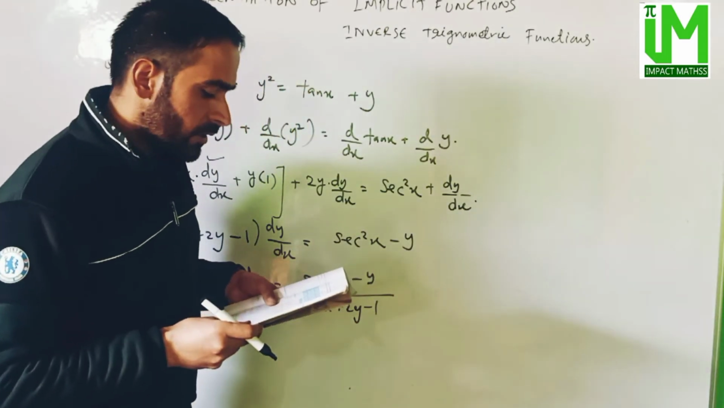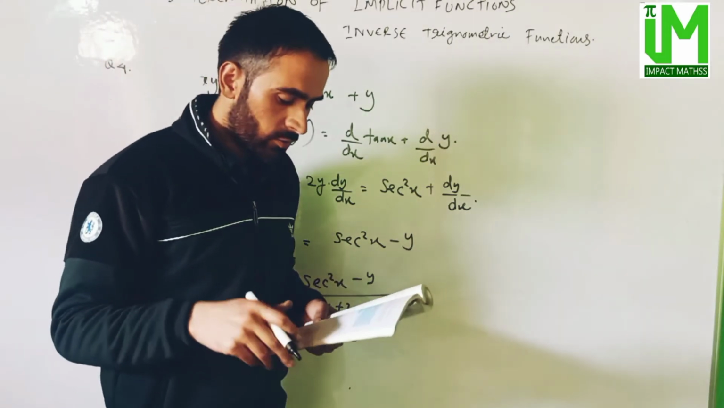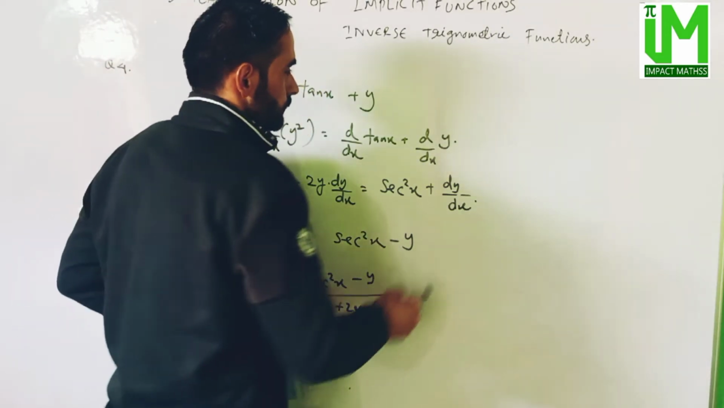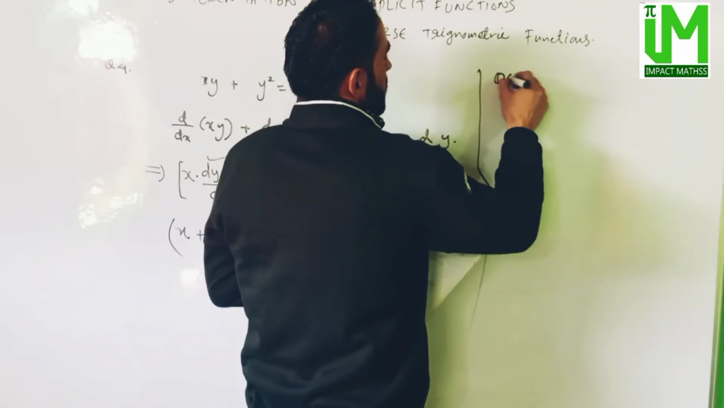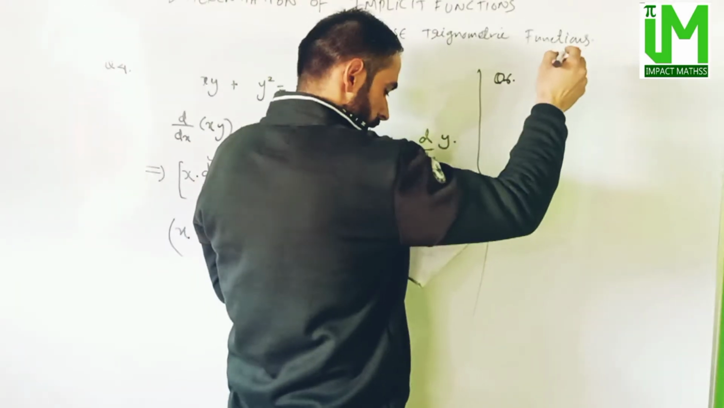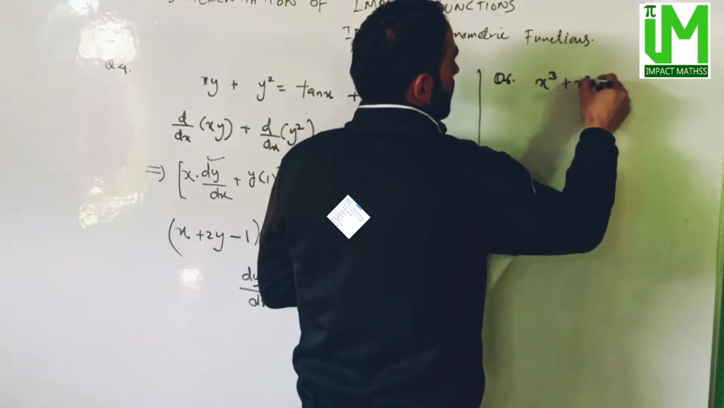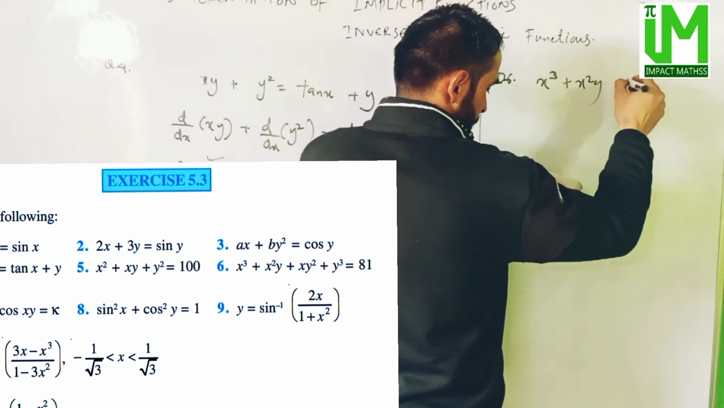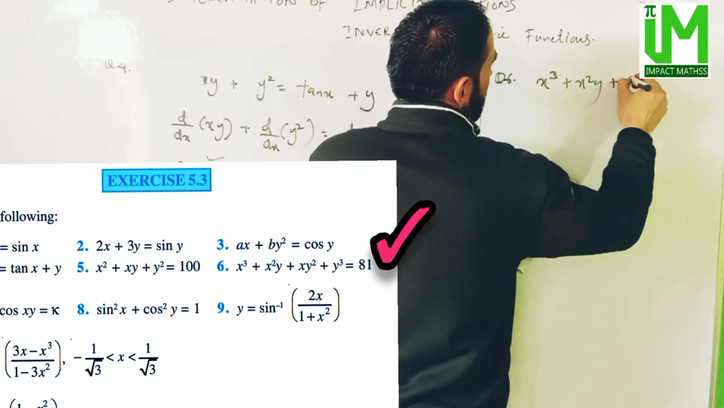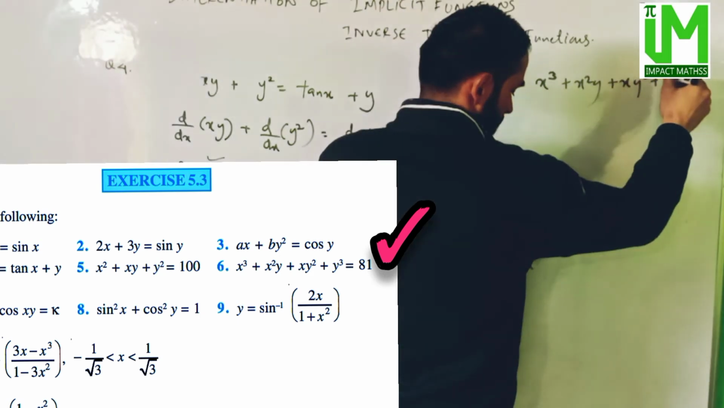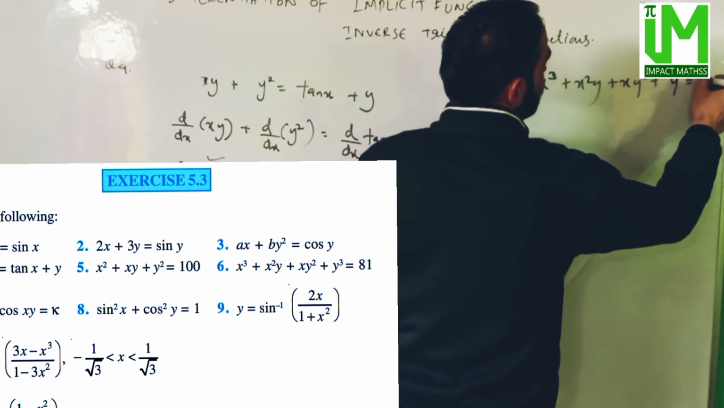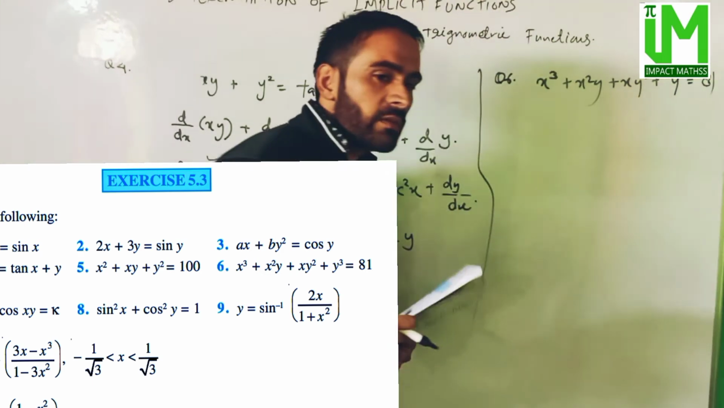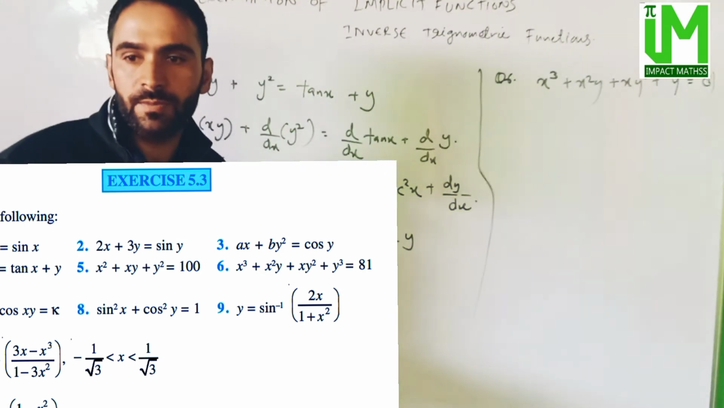ठीक है, बीच का क्वेश्चन नंबर 5 और 6 में से कोई आप कहिए. क्वेश्चन नंबर 6: x cube plus x square y plus xy square plus y cube is equal to 81. ठीक है, so again we will write, differentiating both sides with respect to